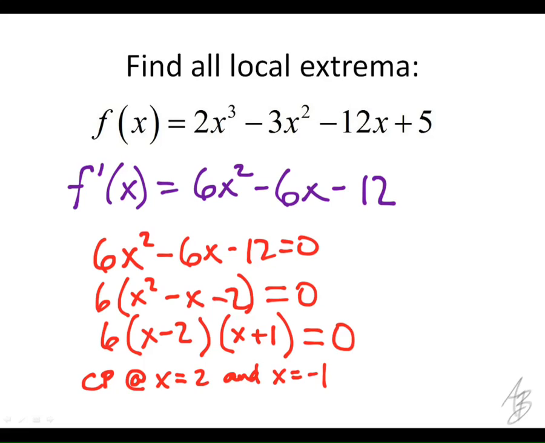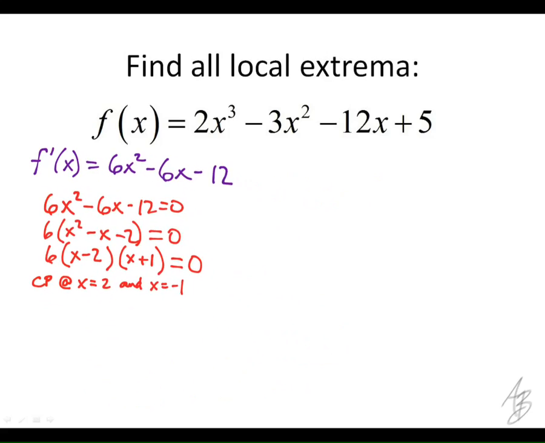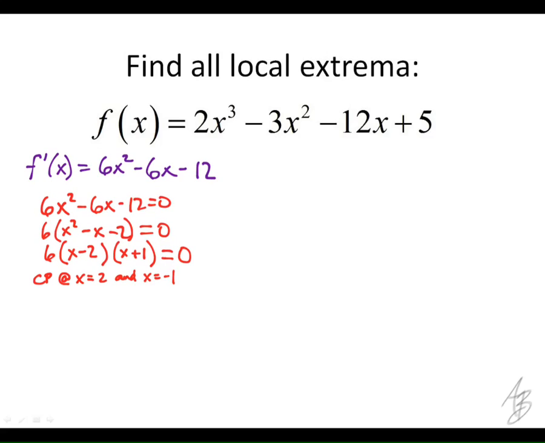So we've got our critical points. We know the critical points are going to be when x equals 2 and x equals -1. So what we want to do now is organize what we know into a chart. And we're going to look at the derivative here. So the derivative of the function